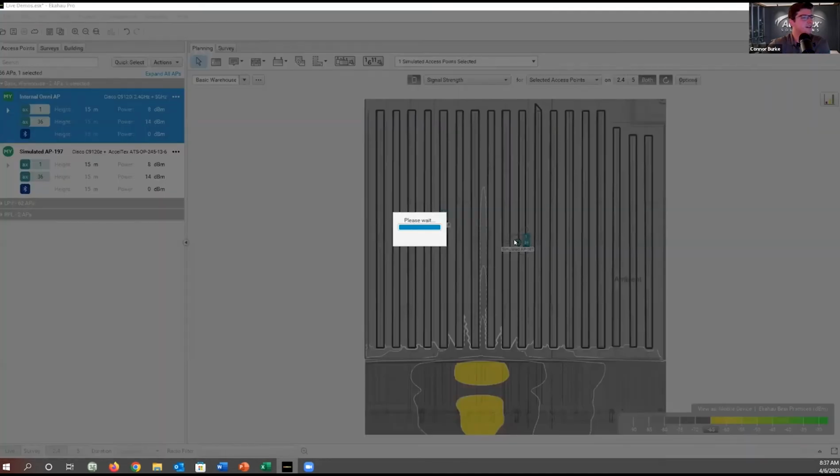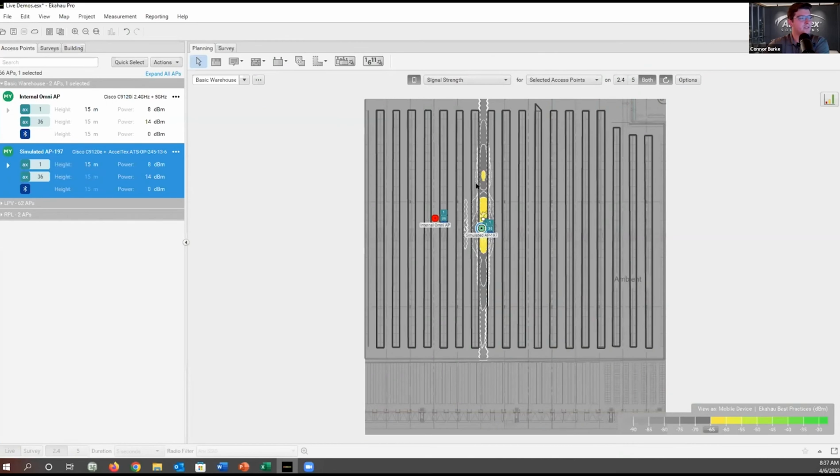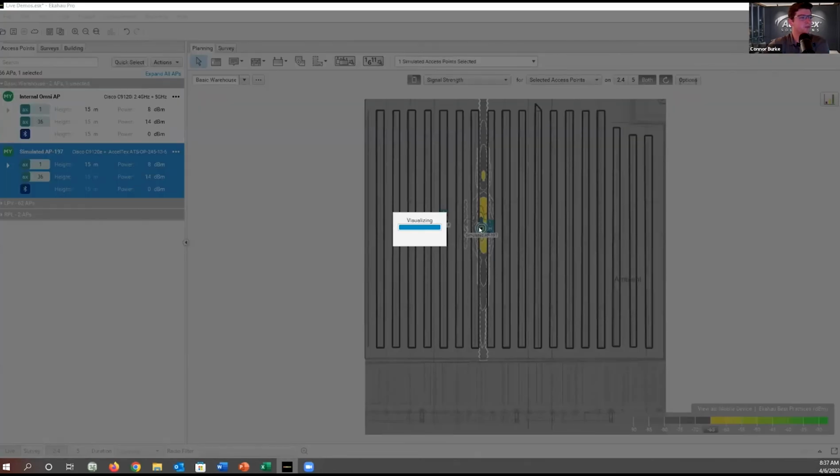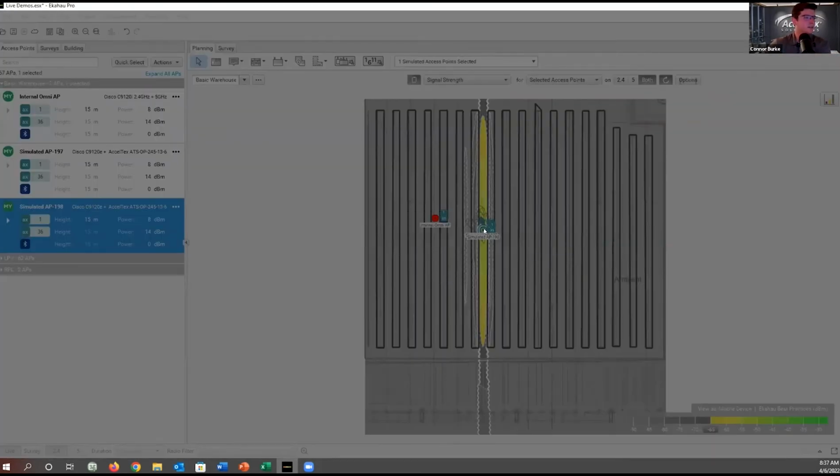But and then beyond that, we typically recommend that you mount to the center of the aisle, because that gives you the best coverage over the entire length, and you don't have to worry about any interference from say if you had a forklift on this end and your AP is mounted here, which I can replicate